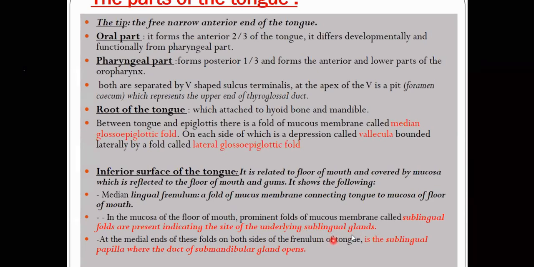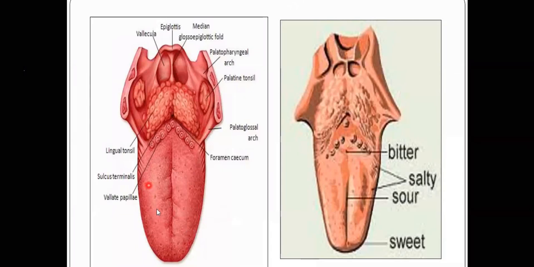And the median end of a sublingual gland, frenulum, the sublingual gland papilla, which is the opening of the submandibular gland ducts. So sublingual and submandibular gland ducts open in the floor of the oral cavity. Now see this tongue. This is the anterior 2/3 of the tongue, and this is the posterior 1/3 of the